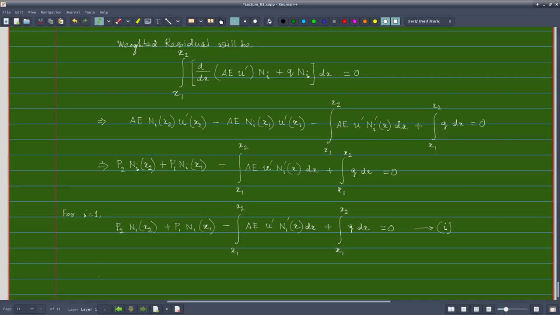Roman 1, and for i equal to 2, I have P2 into n2 at x2, plus P1 into n2 at x1, minus integration x1 to x2 AE u dash n2 dash x dx, plus